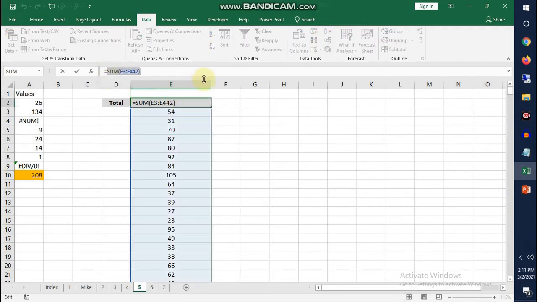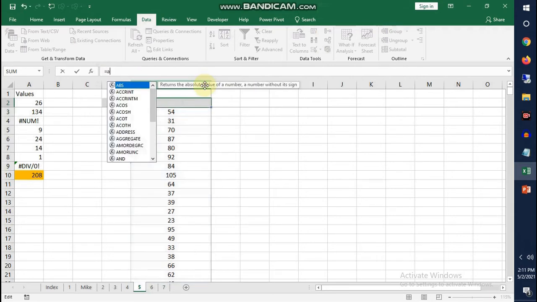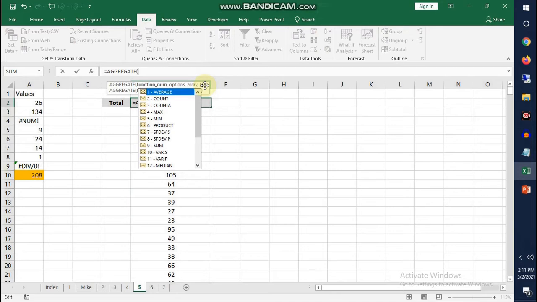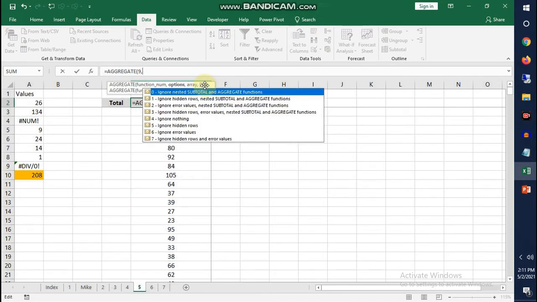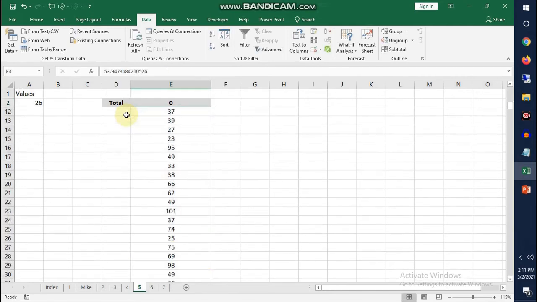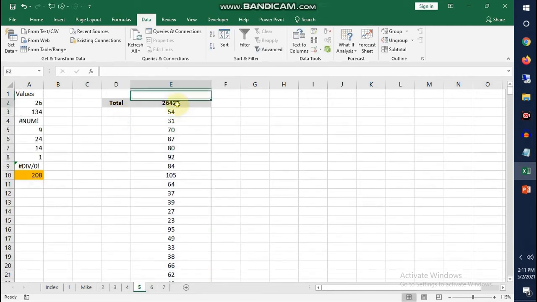So we cannot use the SUM function here. We can find the total by using the AGGREGATE function: equal to AGGREGATE 9, 6, which is ignore error values, comma, our range. So this is our range, bracket close and enter. See, it has calculated the sum of the given range.